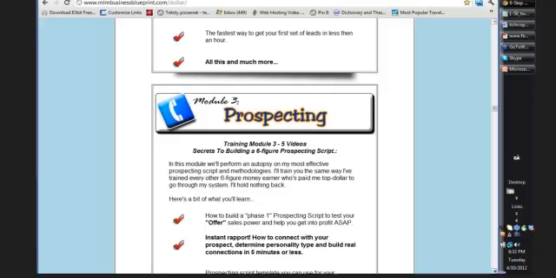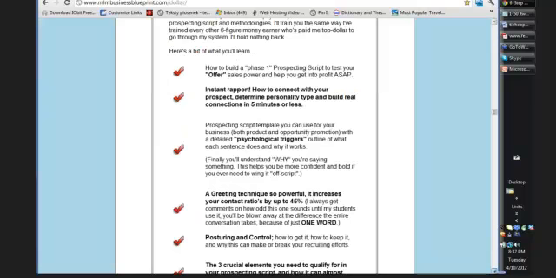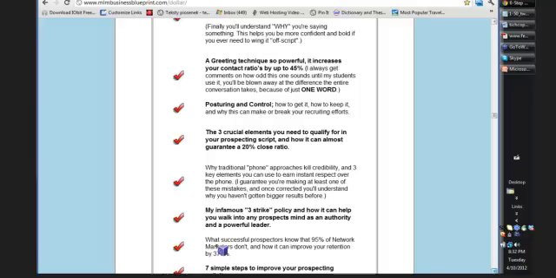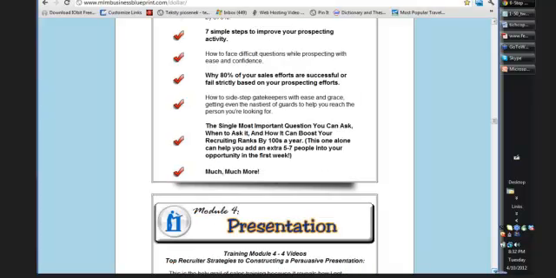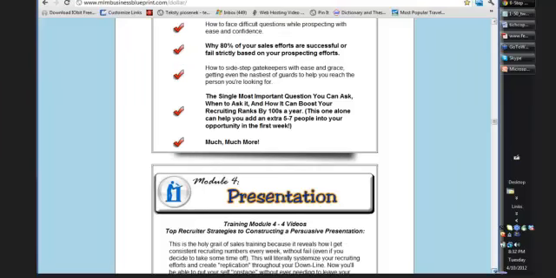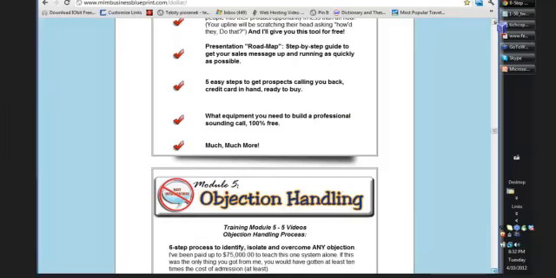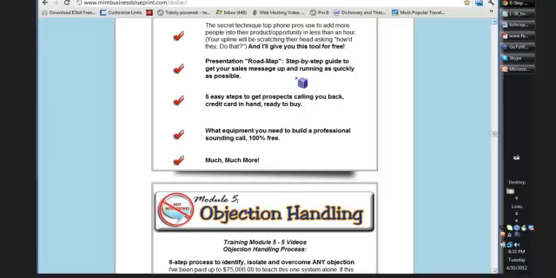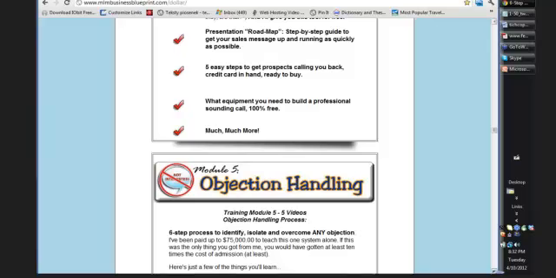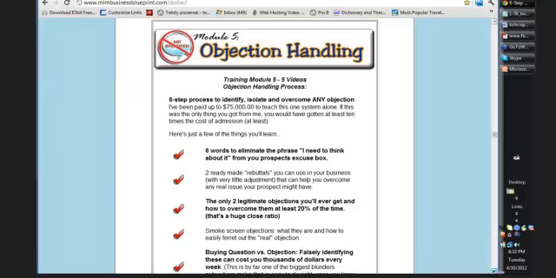When a person is looking at this, they are seeing so many things which they are going to get. Most people perceive a bullet point as the things they are going to get. Yes, they are, but this bullet point says much, much more. This is what a person is going to see without even reading. They are going to say, "Oh my God, I'm going to get all that. That's a lot. For only $1,000, I'll pay that any day."